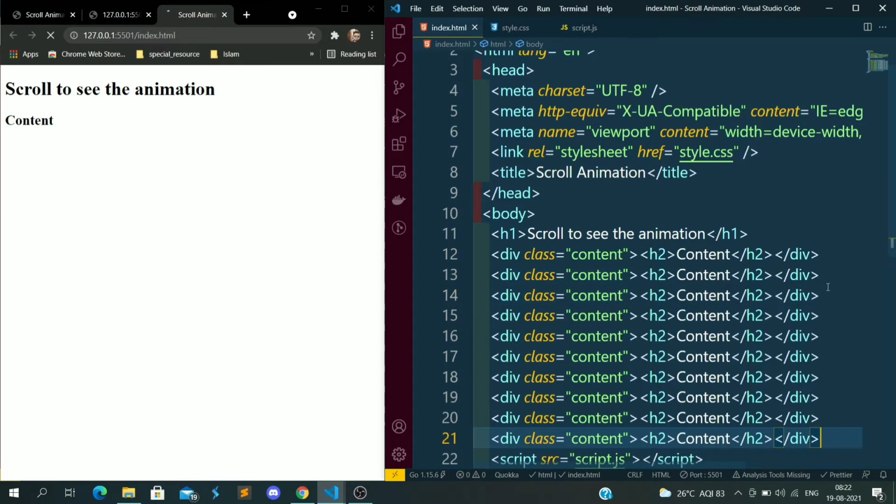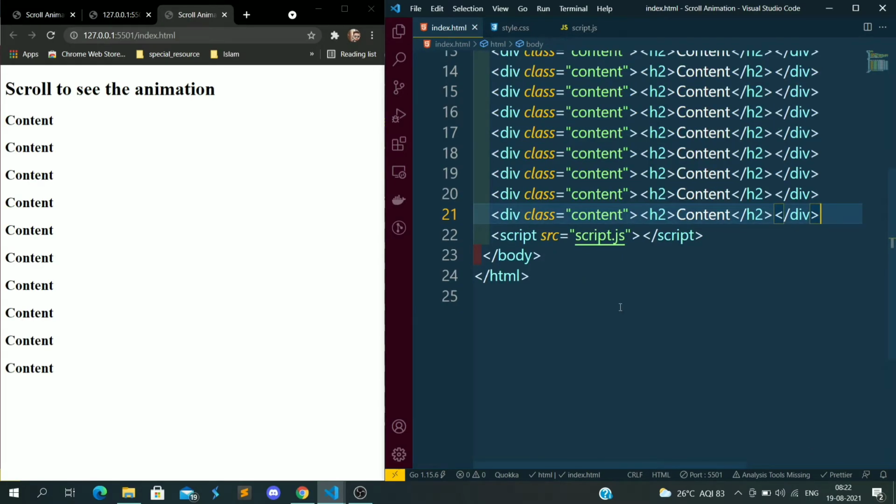So I think that's it for HTML. Only these things we need in the HTML. Now we will move to CSS. Here we just need the h1 and the div which contains the cards.